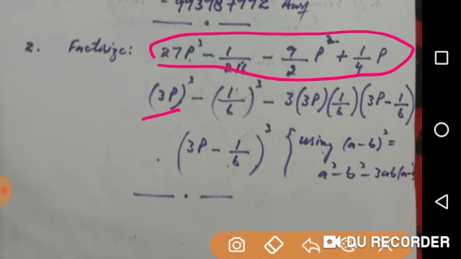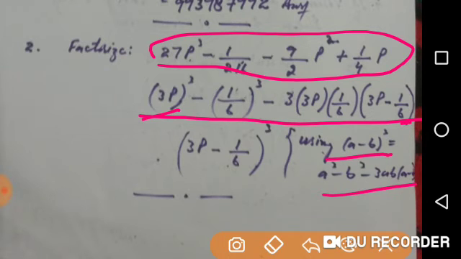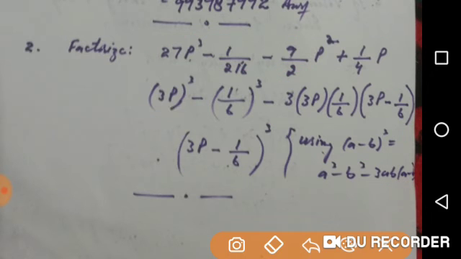So now you will look at this expansion. It is just like a cube minus b cube minus 3ab into (a minus b), which is just like this identity. So you write (a minus b) whole cube for this whole expansion. So a is here 3p, b is 1 by 6, raised power 3. So this is our factor. Similarly,